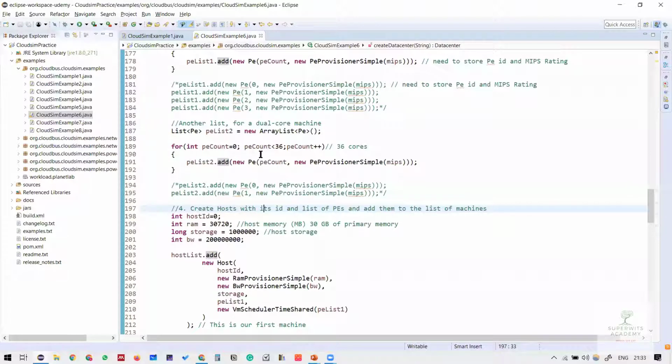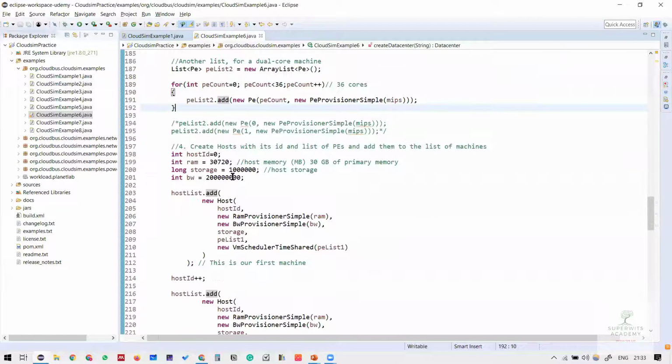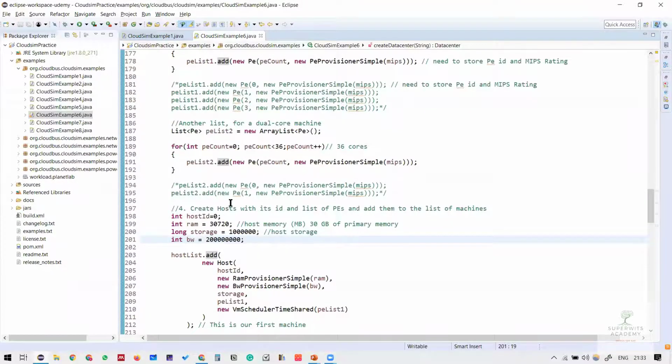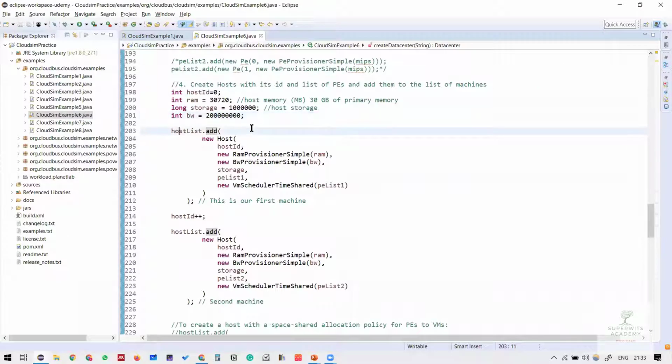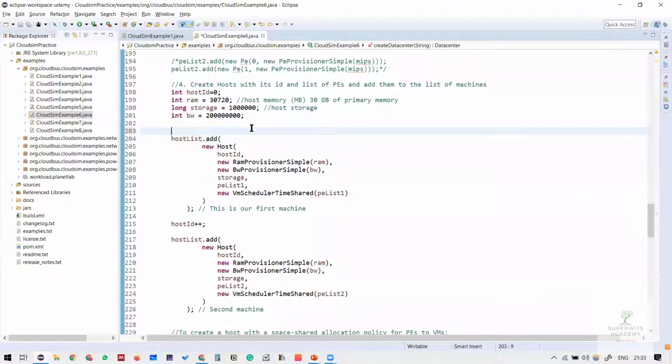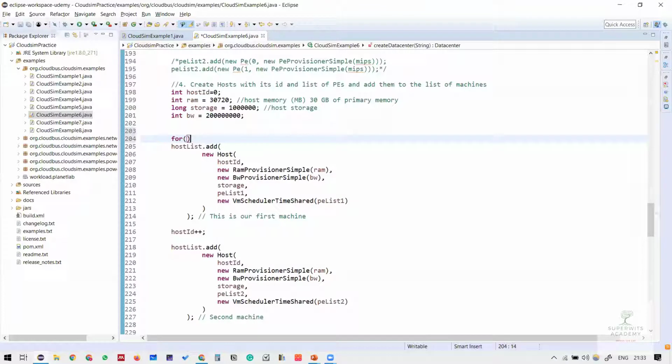So I'm only talking about two systems right now, but we may have more number of systems, right? So how do we increase it? That increase can be done in terms of this. So let's say here again, I'm going to have a for loop, because right now there are only two hosts we have for this particular example.